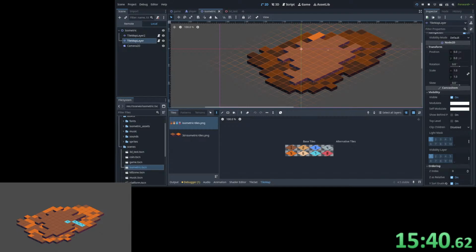The final thing we need to do is add collision to the empty tile. We'll see why we want to do this soon. Go to paint, physics layer. Make sure the collision shape you're drawing matches up